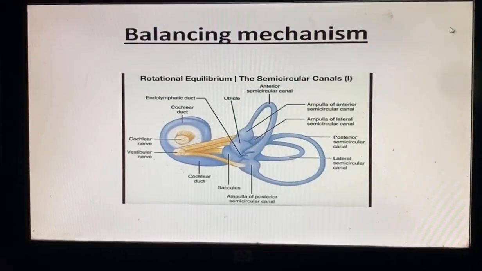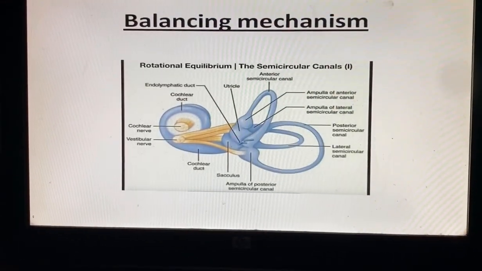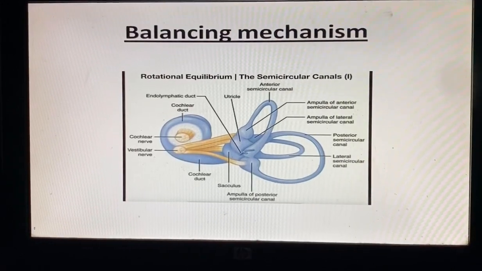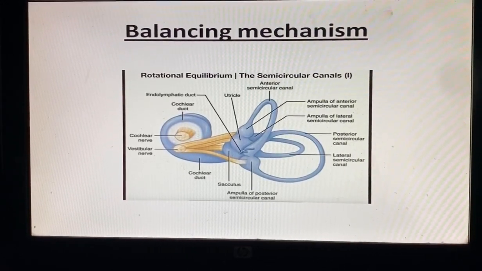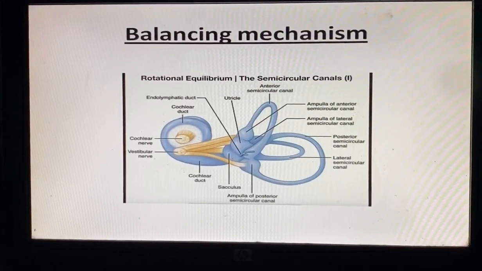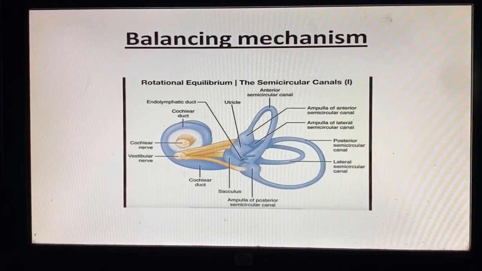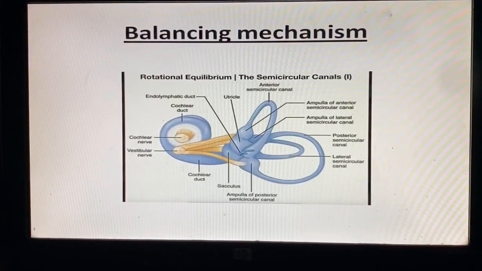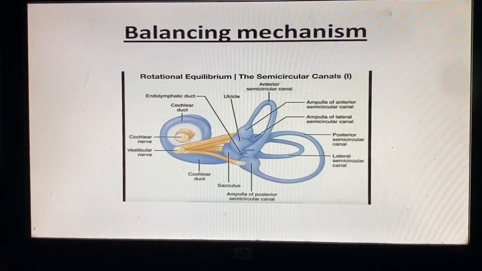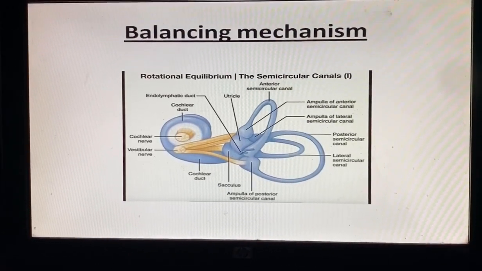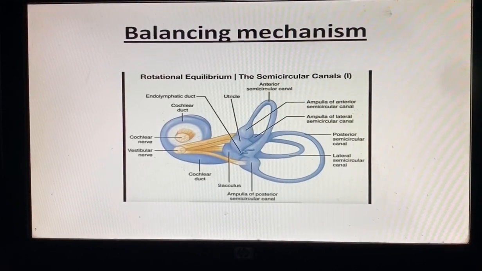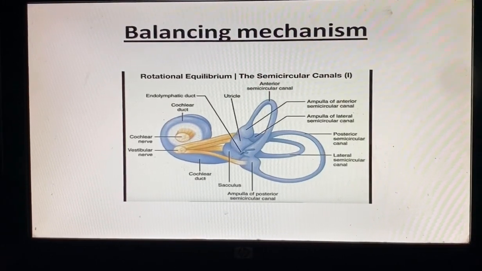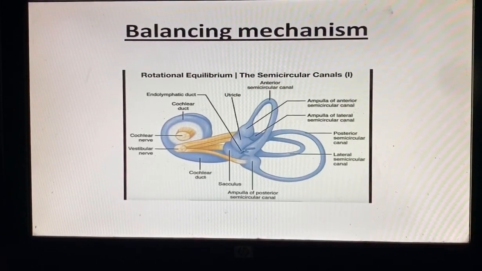Right. Yes, now we came to the next very important mechanism called the balancing mechanism. Do we know how we can walk, how we can dance, how we can move our body to the perfect angle? And we understand what is happening to our body when we sleep, or when we lean backward or forward. We understand at which degree or at which angle we are moving, right? This is done by the